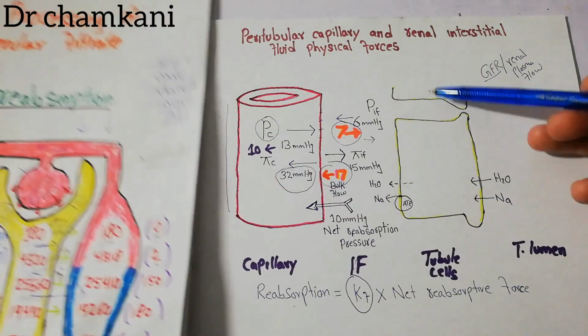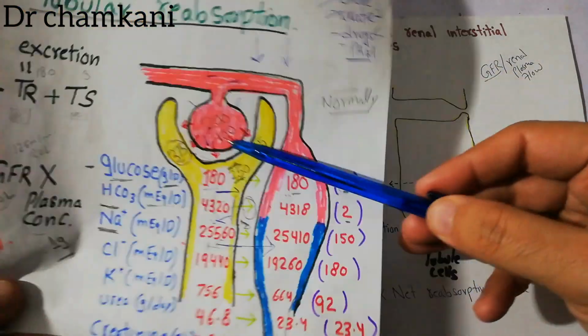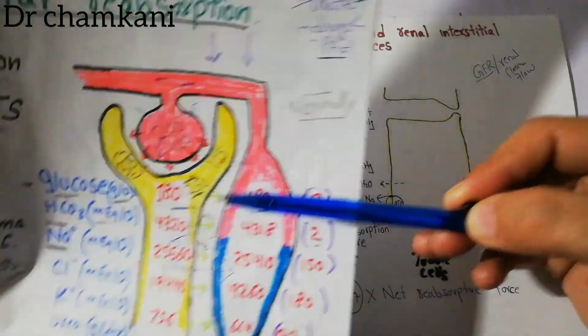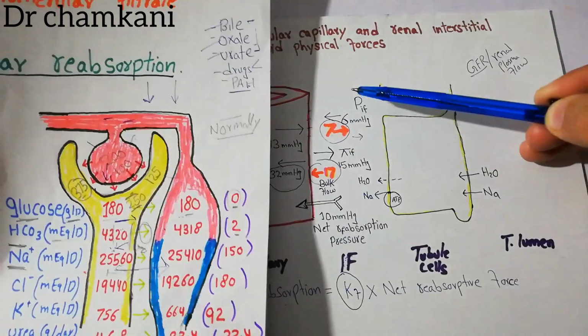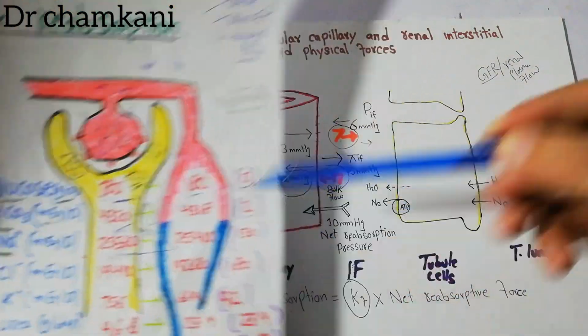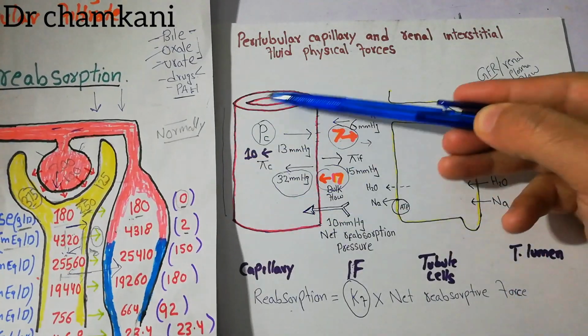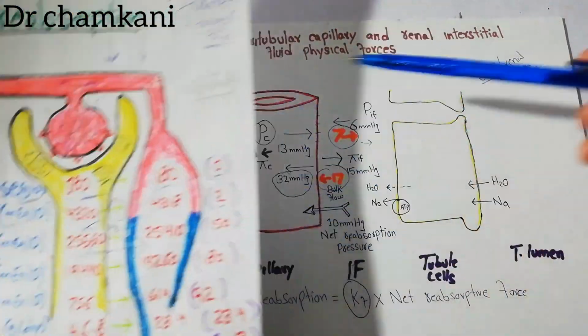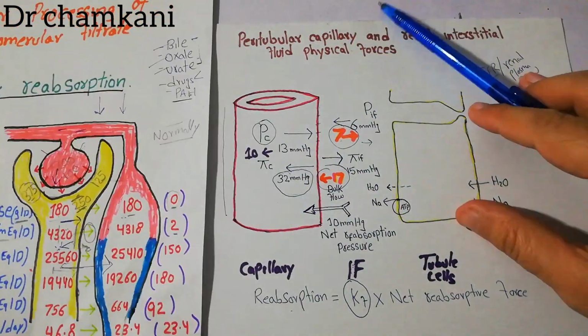So this is the nephron tubule. These are the cells of the nephron tubule. This area is showing the renal interstitium, and here is the peritubular capillary. So now, going into detail,